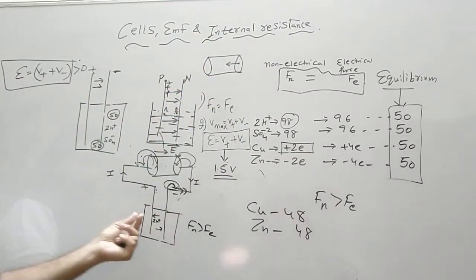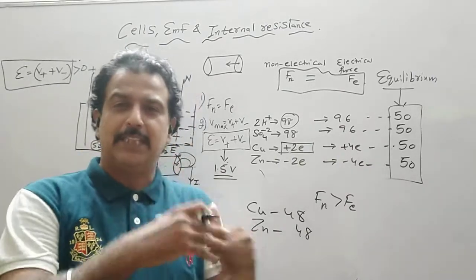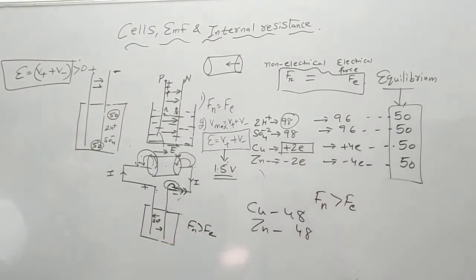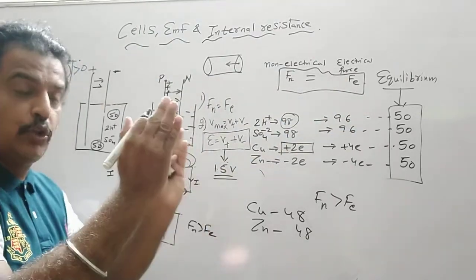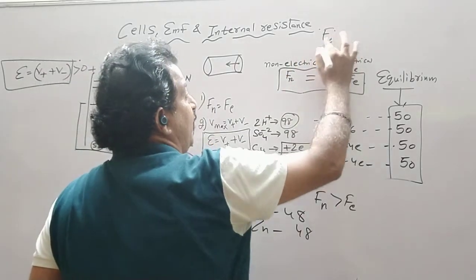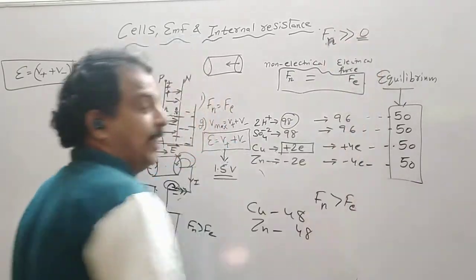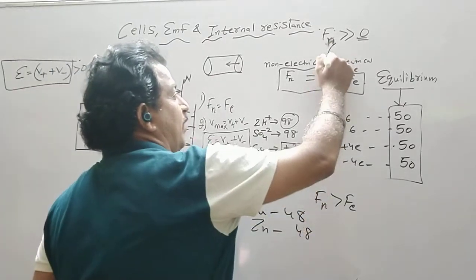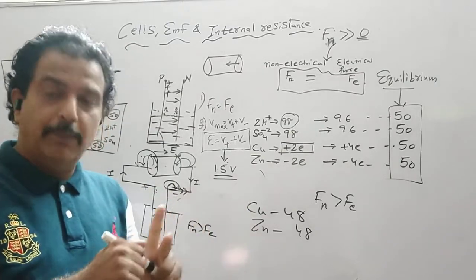When the circuit is closed, they do find the opposition. So the motion of the ions will be opposed, but they still will move because Fn is greater than Fe. Now come to the initial situation. When the electrode rods were taken and dipped, Fn was much greater than Fe, or Fe was 0 at that time. But as soon as we dipped it, a situation comes where Fn becomes equal to Fe. And when we stop this process, it stops by itself.